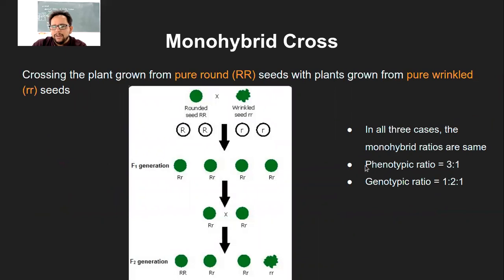Then, just as a quick revision for monohybrid cross, let's say we have a rounded seed, which is the dominant phenotype, that is round seed, and wrinkled seed, that is the recessive phenotype. So the homozygous dominant, when it is crossed with homozygous recessive seed shape, then what you get in F1 generation is 4 gametes or individuals with capital R, small r, that is they are all heterozygous, but they are all round. Though they have the recessive character, they are all round.